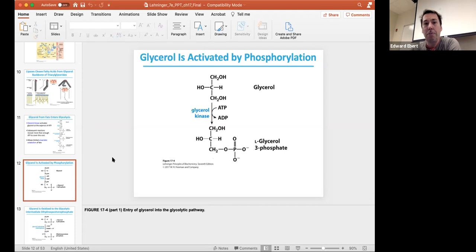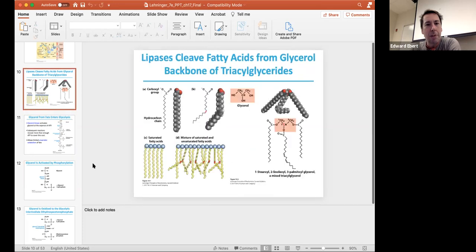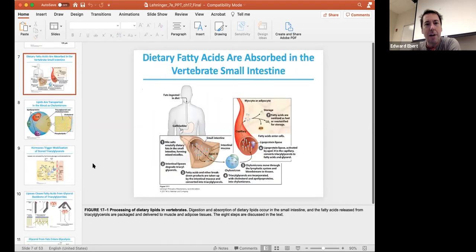But just as a quick review, because I know it seems like it's been forever. We're talking about fatty acid catabolism, and basically how when you consume lipids, they go into the portal vein in the small intestine and get absorbed in there, and you'll see chylomicrons that come on into